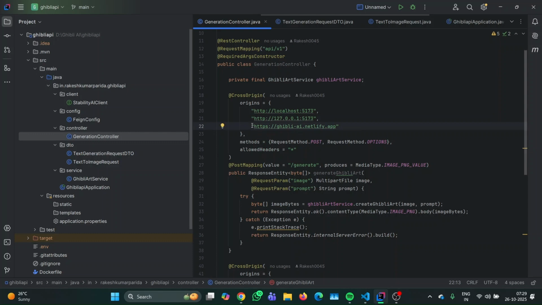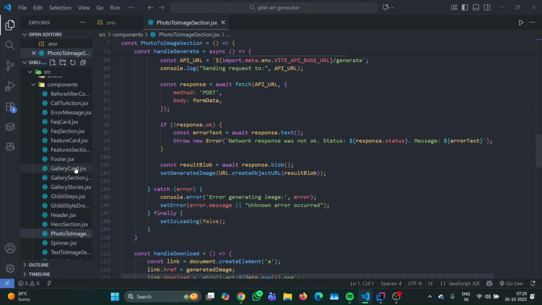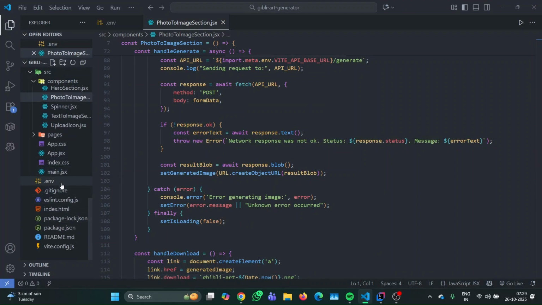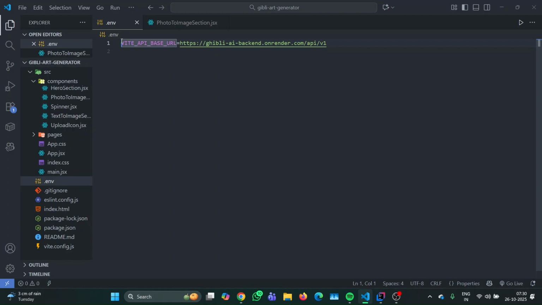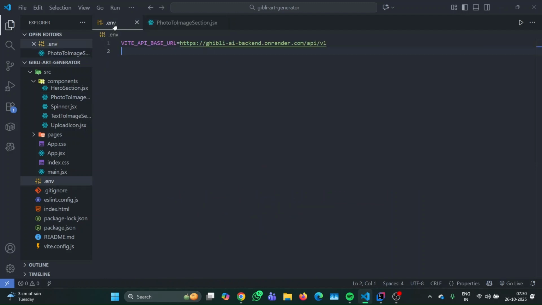The front end application I have deployed on Netlify. So I have added that our backend application will also receive the request from the Netlify application as well. From the front end part also, you have to do a similar thing. In .env, you have to add this very particular variable, VITE_API_BASE_URL. You have to add the variable with the same name because I have used the same variable name throughout the application. So it will be easier for you if you use the same variable name